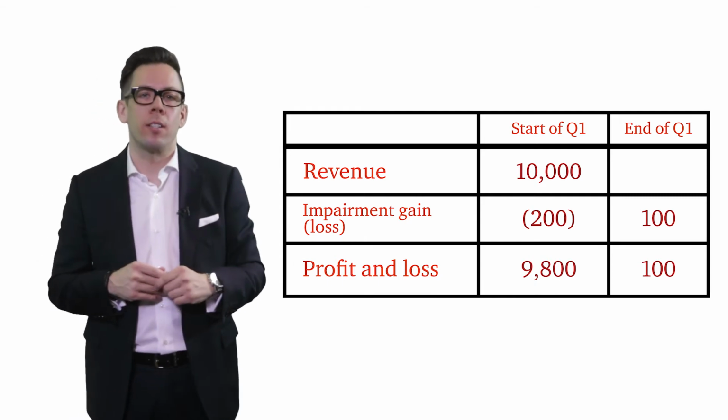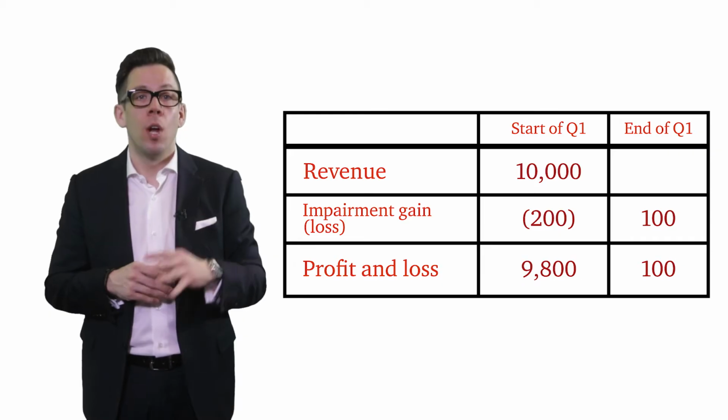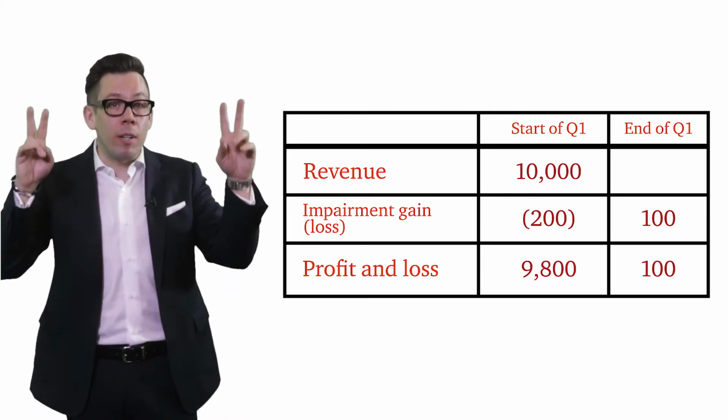Going back to our example, at the end of Q1, let's say you reassess the credit status of the receivable and whether the likelihood of a loss has changed. For instance, you might find that you have an impairment gain of $100. That's a pretty new concept for us. We're all used to having provisions that stay fairly steady over time, and we usually don't end up with significant reversals. Now, each period, we could end up with an impairment gain or loss.